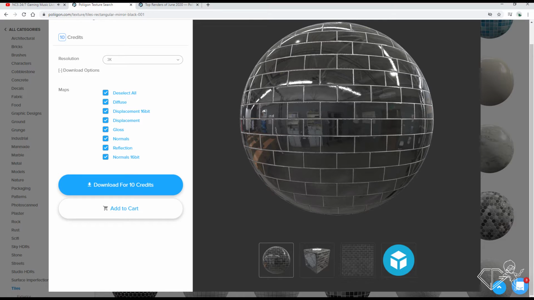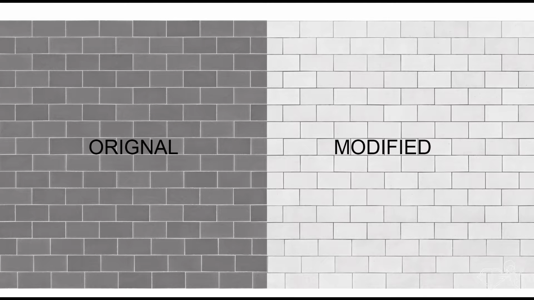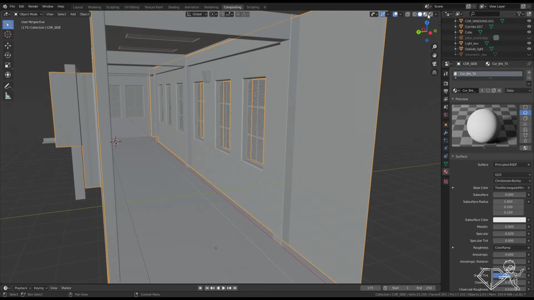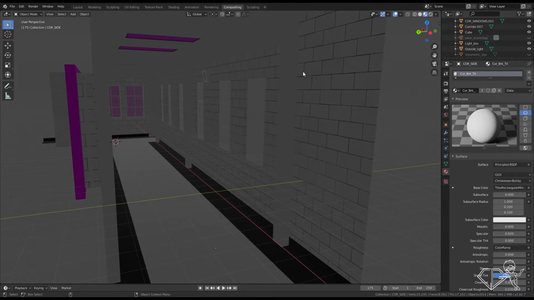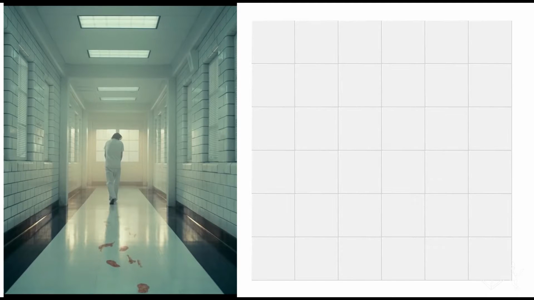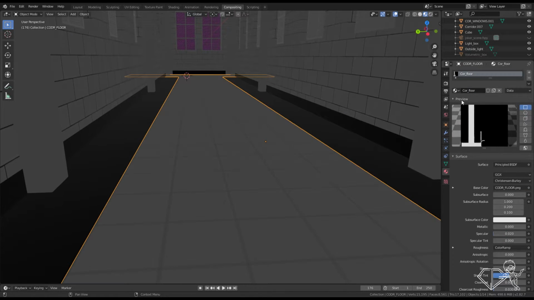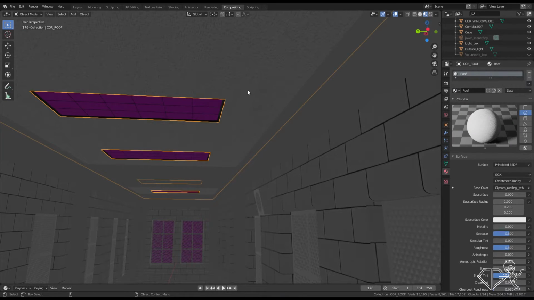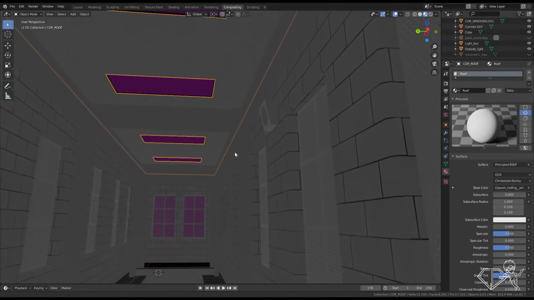For the walls, I use the Polygon materials, which is a huge library, and this matches my scene. So I did some color inversion on the diffuse map, because it's black and I wanted it to be white and the crevices to be black. So this is how it looks. For the floor tiles, I did this manually in Photoshop, really easy. And the roof, I started with an image texture that I found online and it looked okay. Save time whenever you can.